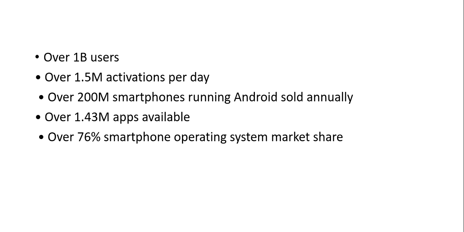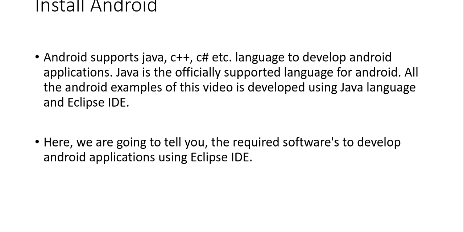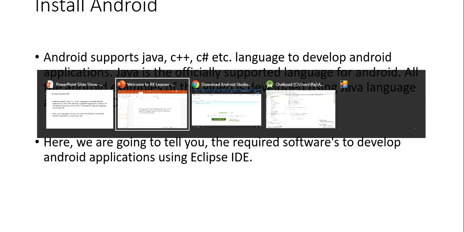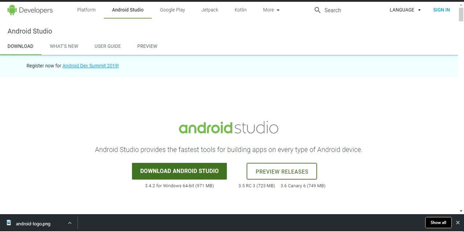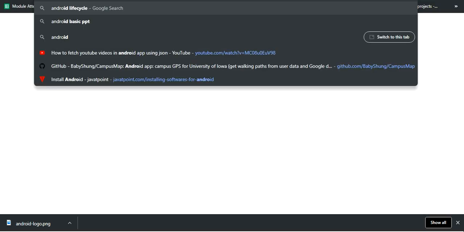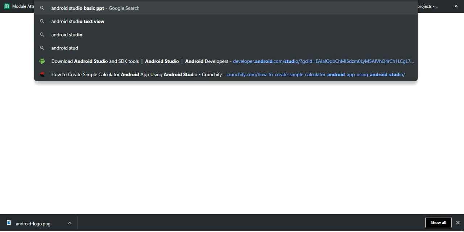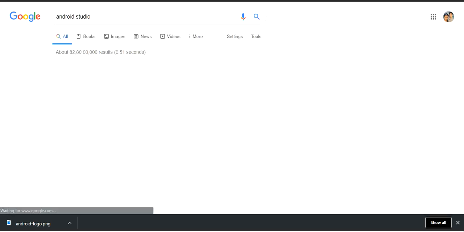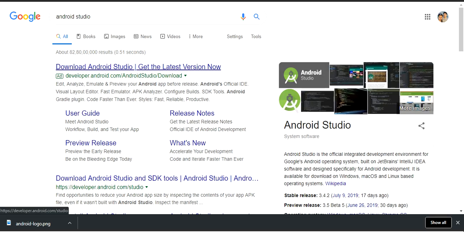Okay, now basically we have to install Android Studio on your PCs. Now I will tell you how to install Android Studio. Directly search Android Studio and open the first one.